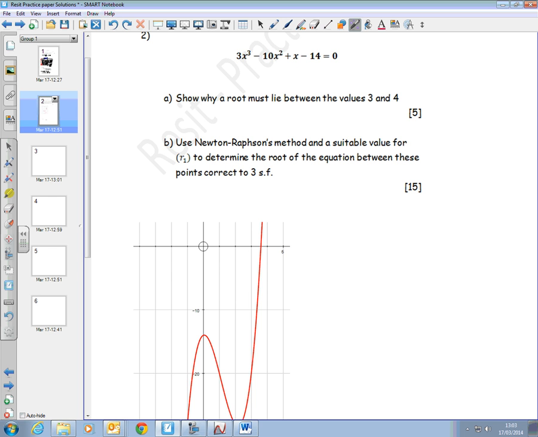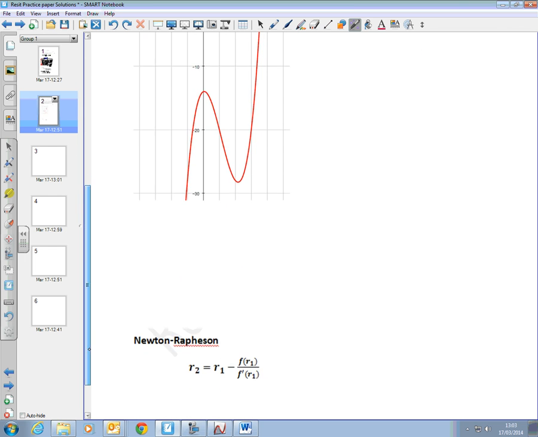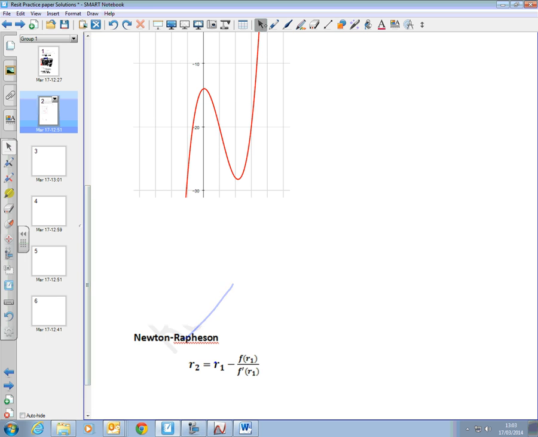Now for part B, we're going to use this numerical method, Newton-Raphson, to come up with an approximate value for this root, and the more we do it, the closer we get to the exact value of the solution. And here is the Newton-Raphson method underneath here. And if you look at Newton-Raphson, what it tells us is,